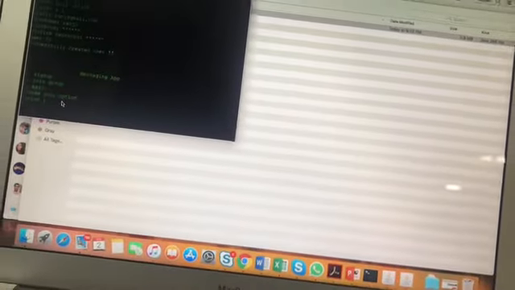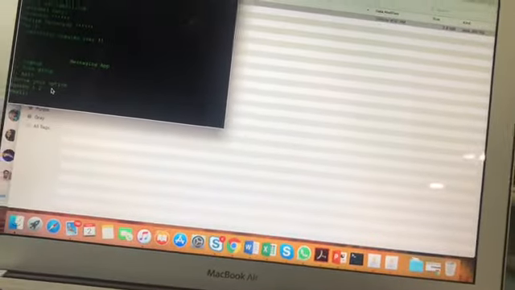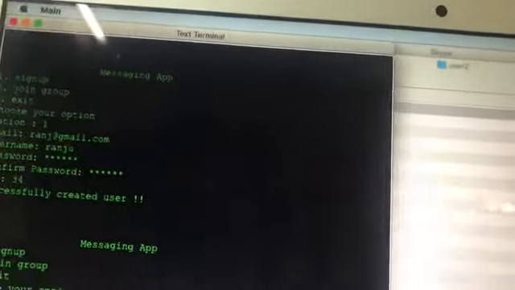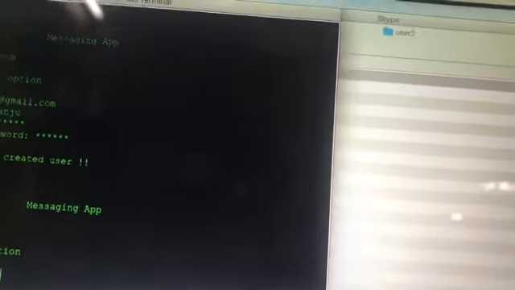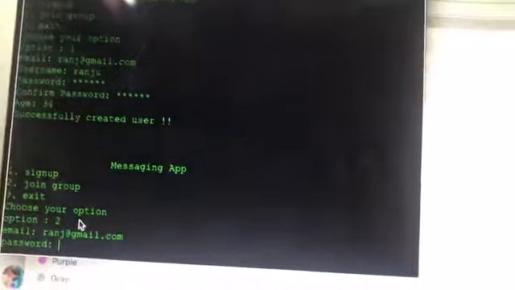Okay, now we are going to make the second user join the same chat group. So I pressed option 2, and it is asking me to log in here. So I'm entering ranch@gmail.com, which is the email ID of the second user which we just created.